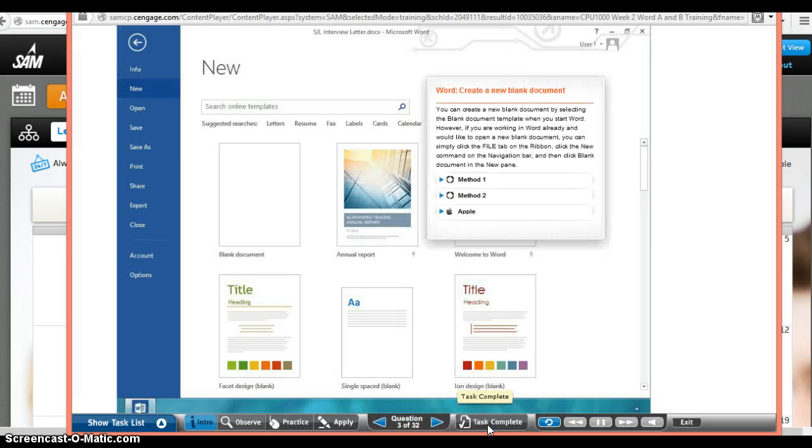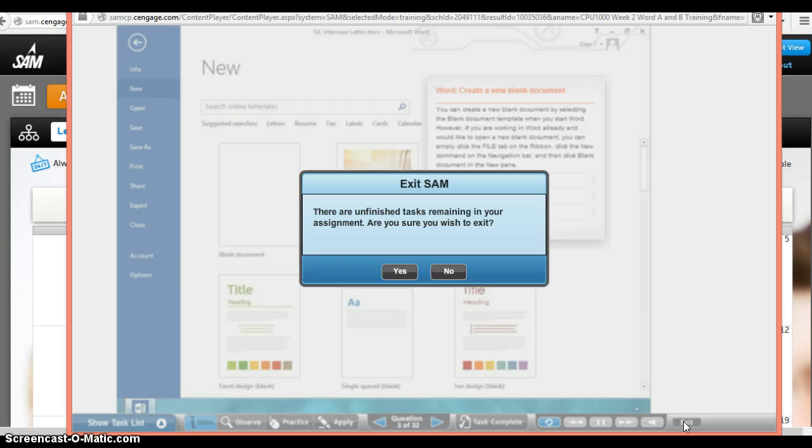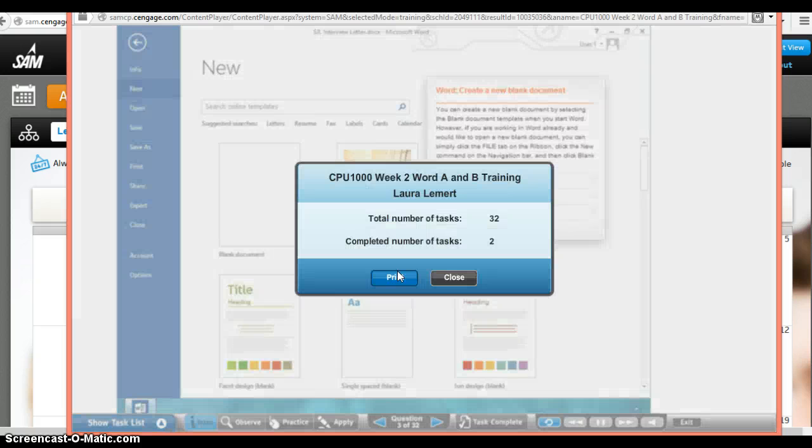Let's say that's all the time I have for today to work on this. So I'm going to go ahead and exit. It will remind me that I have unfinished tasks and ask me if I'm sure I want to exit. I'm going to go ahead and say yes, because that's all the time I have today. It'll tell me the number of tasks complete and the number of tasks that need to be completed, total